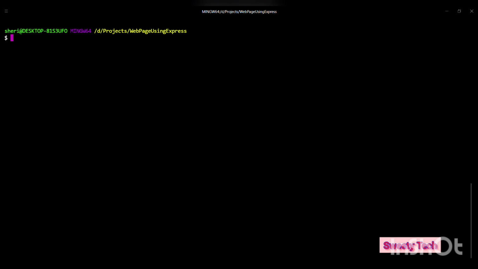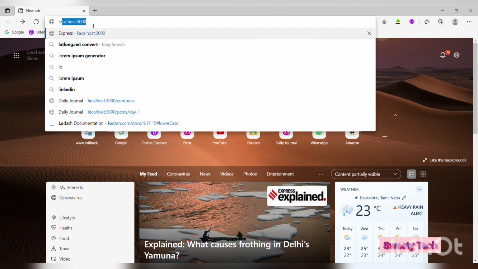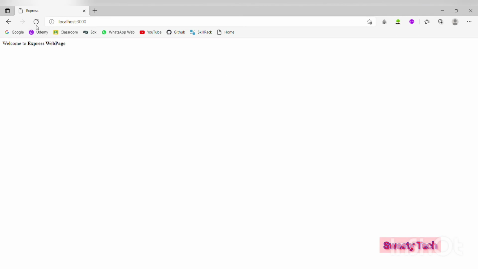After finishing and saving our code, we are supposed to come to the hyper terminal and write node app.js. Again, app.js is the file name which was created just now. And then I am going to my browser and typing localhost 3000, where 3000 is my port number, and we can see our EJS file is rendered on the website.